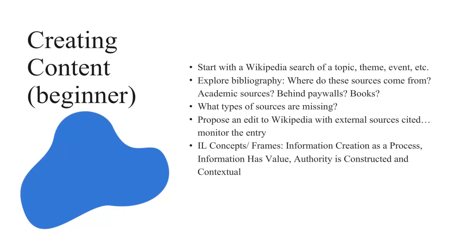Pull up a Wikipedia entry for a relevant concept or significant person or event in your subject area. Explore the bibliography at the end of the entry and click through the sources. Lead your students through an interrogation of these sources. What are they? Where do they come from? Are they accessible? Suggest to your students that they can find sources to complement or flesh out the ones already in the Wikipedia entry. Using the library databases, your students can find sources to complement Wikipedia's entry.